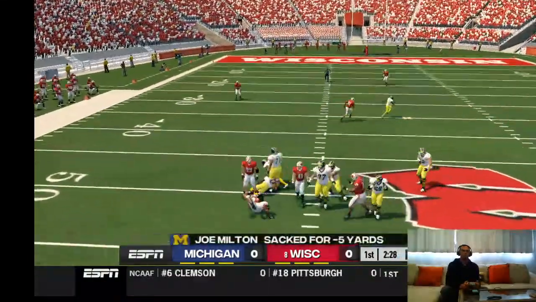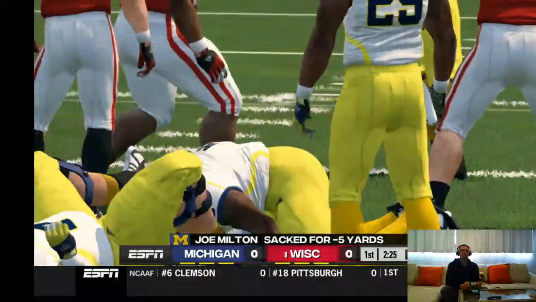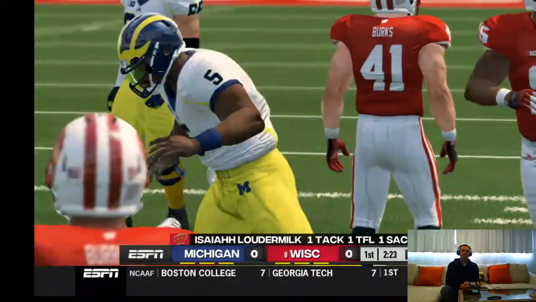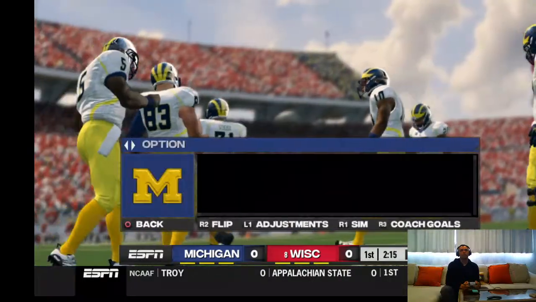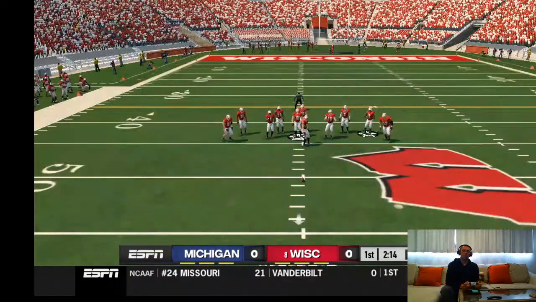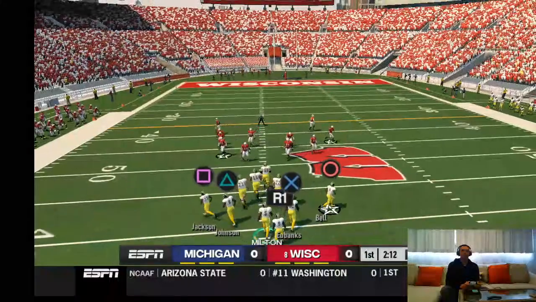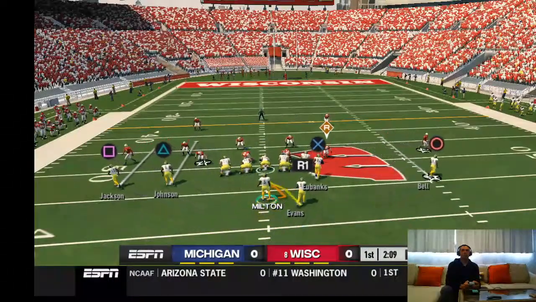Oof, can't get the throw. Brad, not only did they give up a sack here, but their quarterback just got hit and hit hard. If I'm an offensive coordinator, or especially an offensive line coach, I'm getting a hold of my offensive line, making sure these guys are on the same page, and they've got to take more pride in taking care of their quarterback than that play right there.